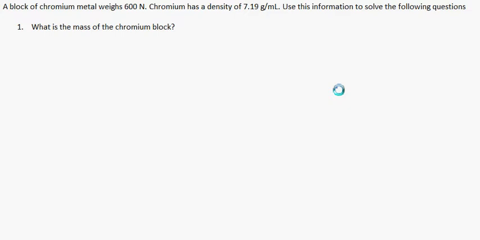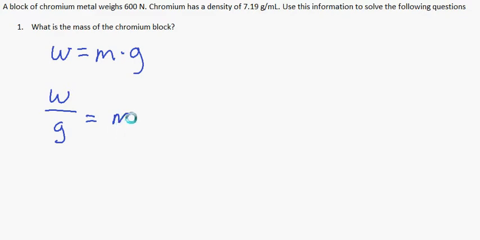Because we are given the weight here, we can use the formula that relates weight and mass, so we can either think of it in the form W equals m times g, where this is weight equals mass times gravitational acceleration, or we can rearrange this to the form weight over gravitational acceleration equals mass. This one is going to be the one that is more suitable for our form,